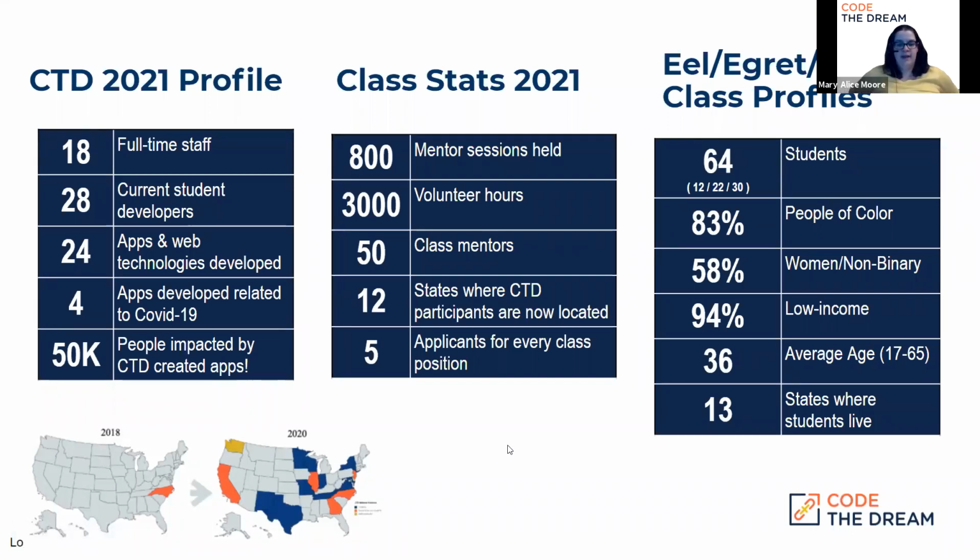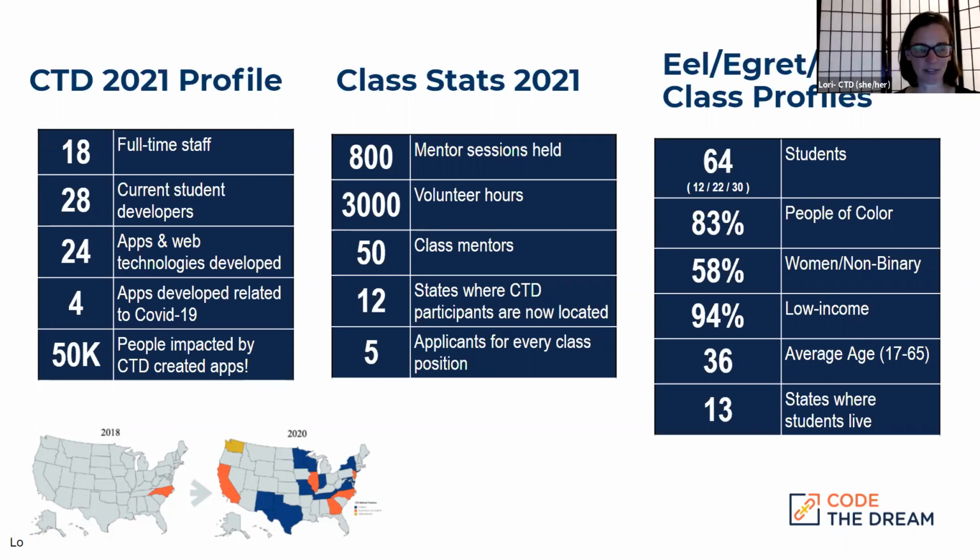And we've had a lot of growth since just even a few years ago. So this kind of gives you an idea of some of the statistics of where we've come to in 2020. And I think, Lori, if you don't mind sharing a little bit more details, I can go over the class profiles section because I'm familiar with all that data. Yeah, absolutely. It just gives you some of the idea of the impact and how we've grown and what Code the Dream looks like right now.